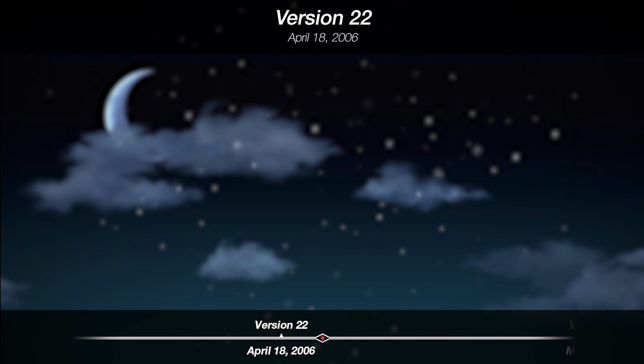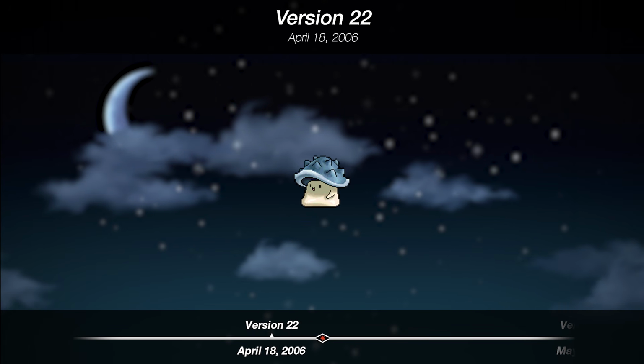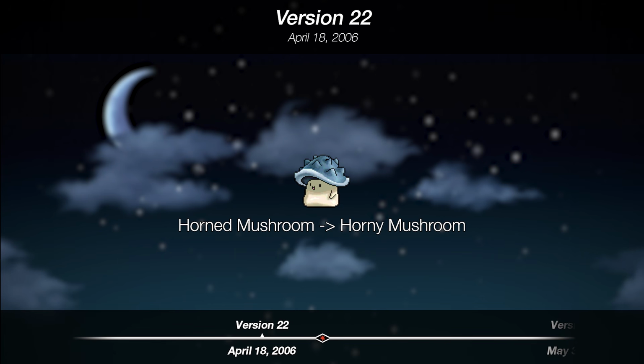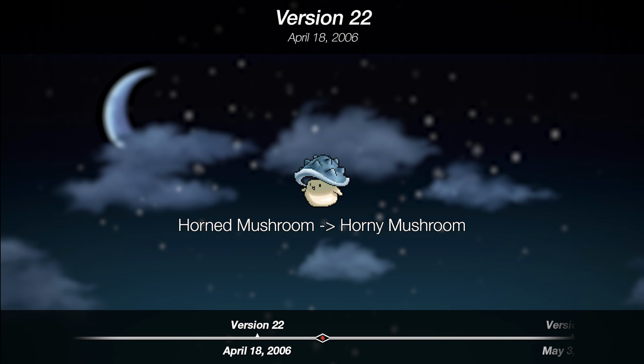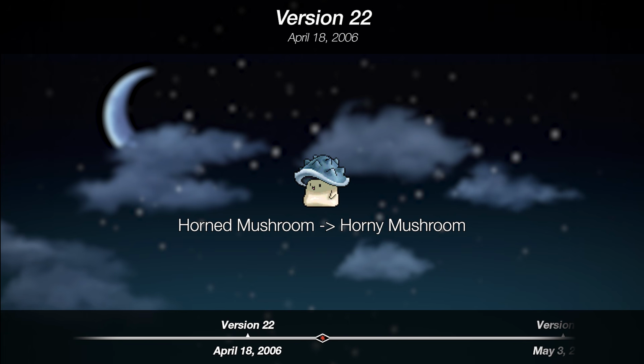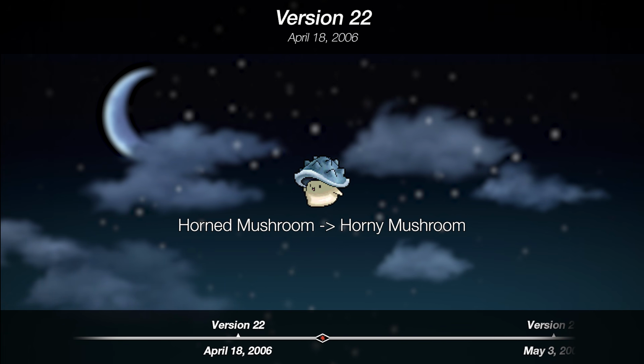However, between versions 12 and 22, horned mushrooms had their name changed to horny mushrooms. I mentioned this briefly in my PQ retrospective video, which you can find a link to in the description, and there's not a lot to say about it. It's weird to make a localization change like that when horned mushroom was still grammatically correct and didn't have a